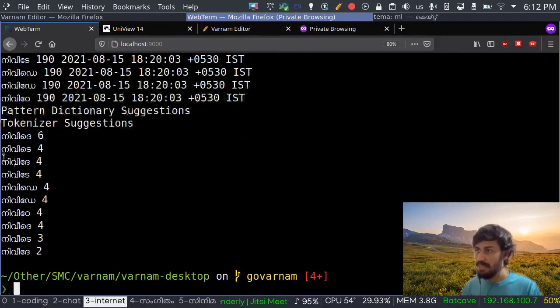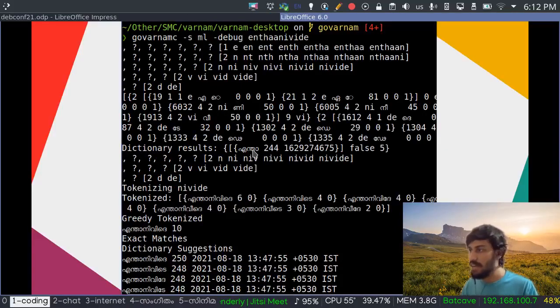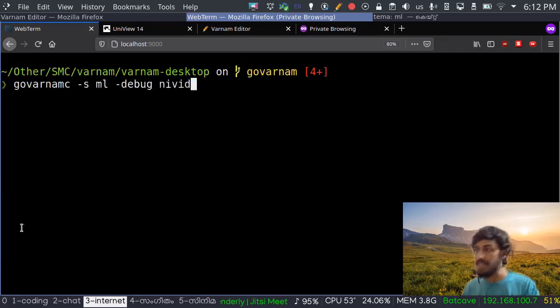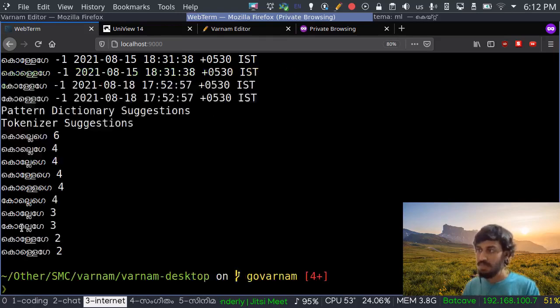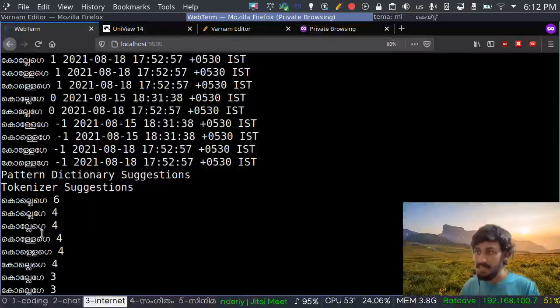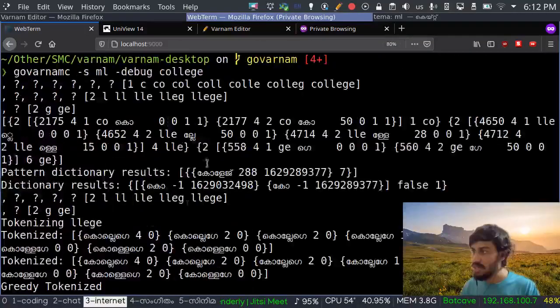Nivide gives multiple suggestions. And we will add these to enda, to get enda plus all these combinations, giving multiple suggestions. This won't be an exact match because we haven't found an exact match for enda nivide. We only found enda, and then we add all those permutations over that word to get the dictionary suggestions. So that is the difference between exact matches and dictionary suggestions. Likewise, if I type in college right here, I will get pattern dictionary suggestions. I think the pattern is not trained right here.